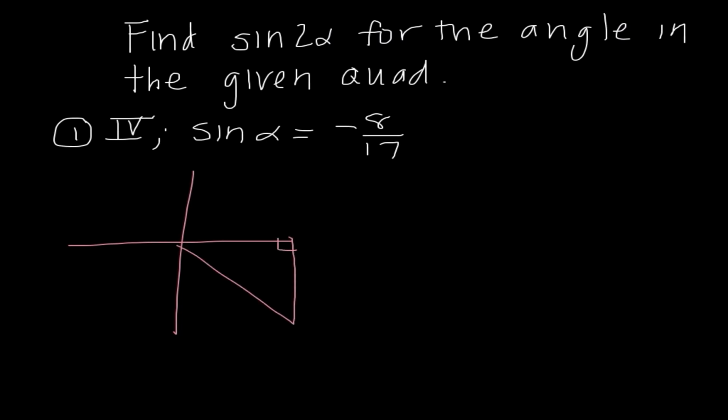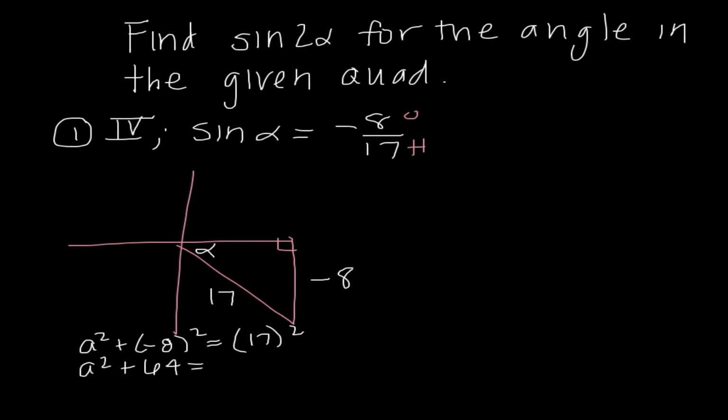I know a triangle in quadrant 4 would look like this. I know sine is opposite over hypotenuse. So I'm going to label the alpha, my reference angle, which is closest to the origin. Opposite is going to be -8 and our hypotenuse is 17. Now, in order to figure out this missing leg, I'm going to have to do a squared plus b squared equals c squared. And if I have a squared plus 64 equals 289, I get a squared equals 225. So a is going to be 15. And it would make sense that that would be a positive side since it's moving to the right from the origin. So now that I know all 3 sides of my triangle,